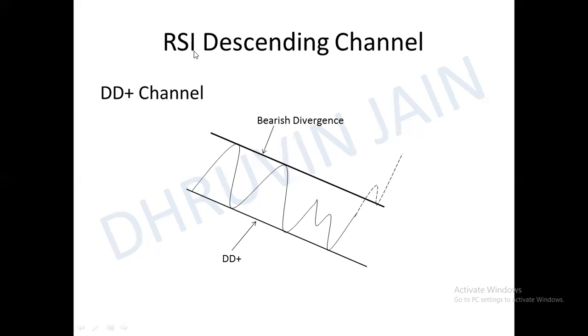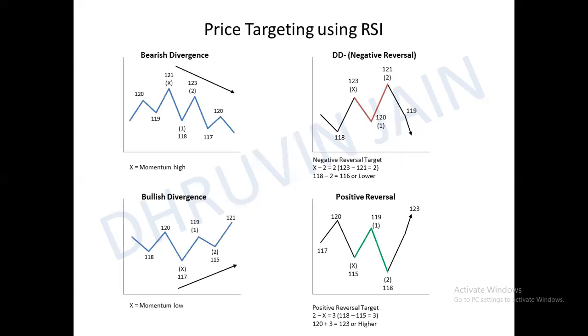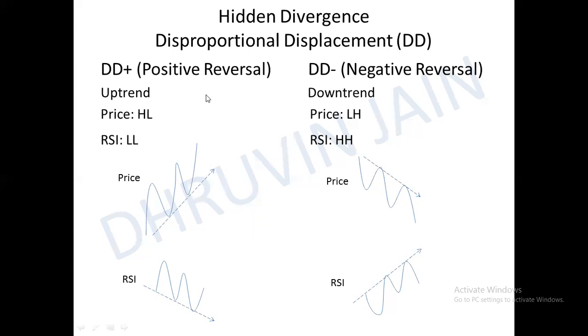So in previous parts, we learned that RSI forms some sort of divergences like DD plus and DD minus, using the concepts of DD plus and DD minus, which are disproportional displacements. Guys, know this. Many of the concepts that I will be talking about in this particular video, you will get confused if you directly start from this video. You have to know the basic knowledge of the RSI that I have taught in the previous videos, guys, please.